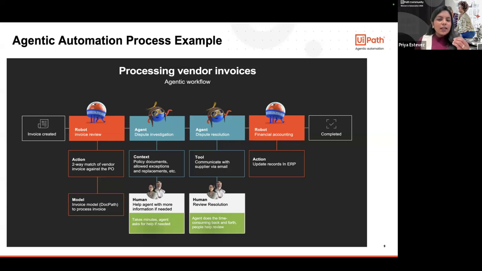So start thinking about this as your basic seed idea, and think about processes that you are using where the agents could come into play along with your robots and the humans in action. That way, you have everybody in the same loop. And these agents could help you a lot in making those simple decisions and giving the complex decisions back to the humans.